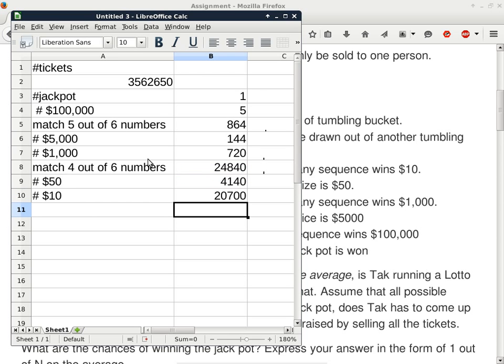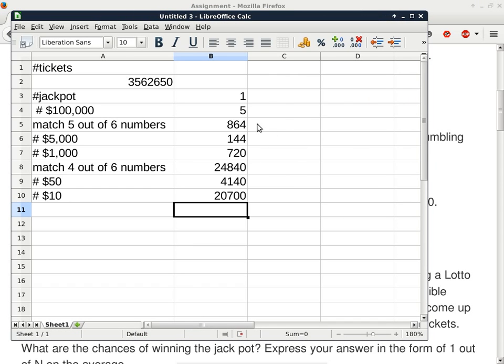All right. So now that we have the actual number of people getting each category of the prizes, what we need to do is to multiply the prize money by the number of people who will be getting that particular prize. If I make the spreadsheet a little bit wider, we can do all this math here. The jackpot is not included because the jackpot is basically just going to whatever I have accrued over time. But the number of people who will be getting $100,000 is just going to be this number times $100,000.